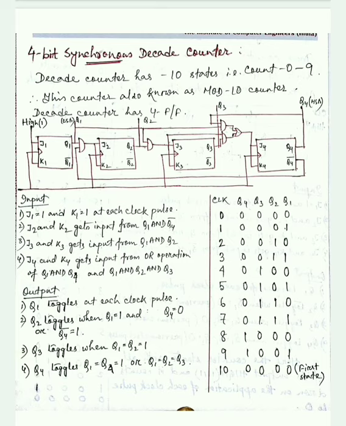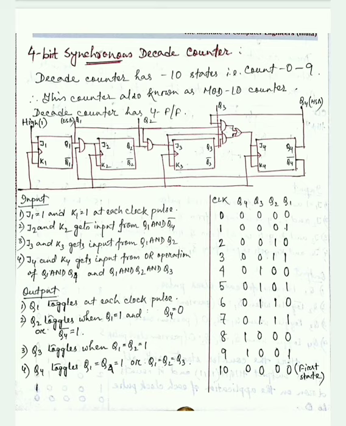This construction is made because I have already discussed that we have to change only the Q4 and Q1 values to 0 in the ninth condition. For that reason this construction is designed. Mind it. J3 gets its input as in the binary up counter, that is the AND operation of Q1 and Q2, which we have done in the 4-bit synchronous up counter.